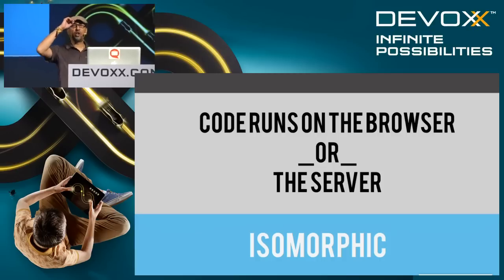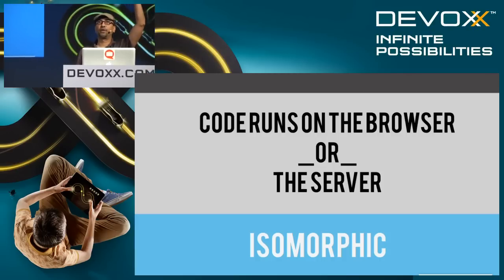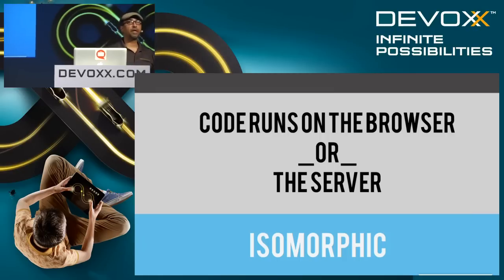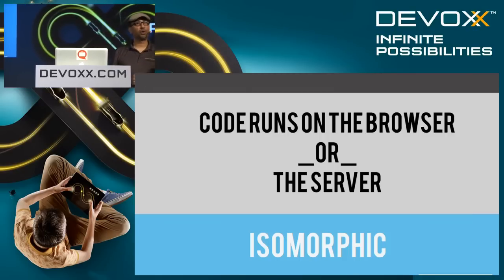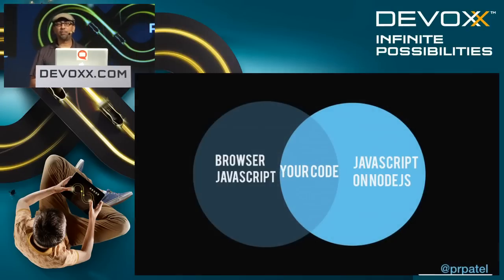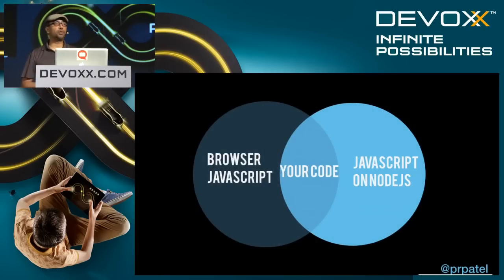Now, how many folks have not heard of the term isomorphic? Okay, so a fair number. We'll spend a little bit of time talking about that. Isomorphic basically means that when you write JavaScript code, it can run either on the browser or on the server. Right? We're going to look at an example of that in a few minutes. But this is essentially how to visually think about isomorphicity. Right? You have JavaScript code that can run on Node.js, and you have browser JavaScript, obviously. And when you program in an isomorphic library like React, your code essentially is somewhere in the middle part that